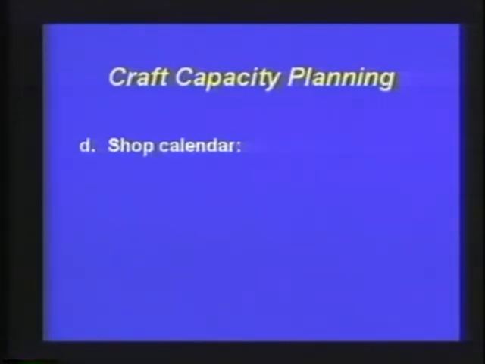Item D pertains to the shop calendar. Now, in this case, we have a fixed shop calendar. And generally, the shop calendar, from a planning standpoint, could go out 1 to 2 years in advance. And then as we start to move those dates closer, going from planning to scheduling, we can use smaller time elements or time buckets. And in this case, we're looking at a weekly time element, and we could also take that week and break it down into days, and also take the day and break it down into shifts,